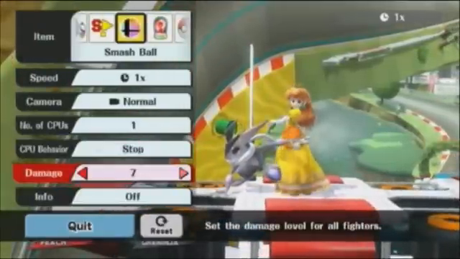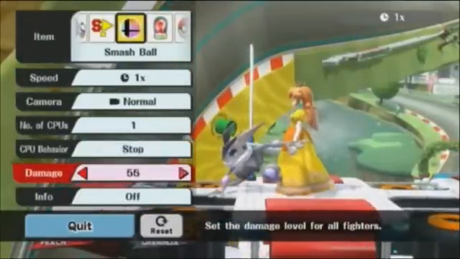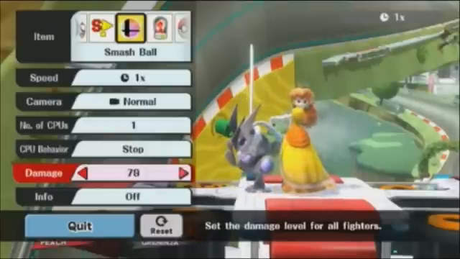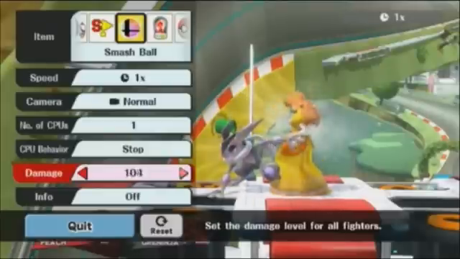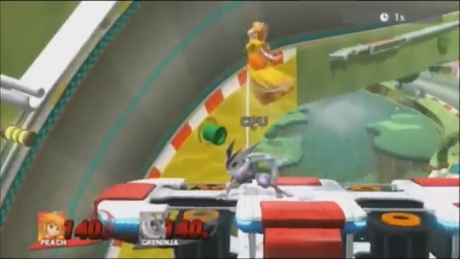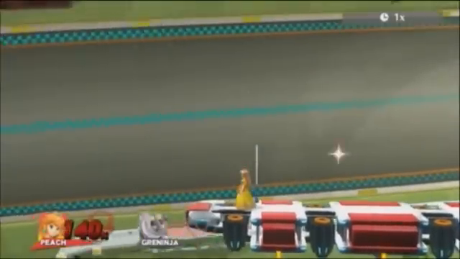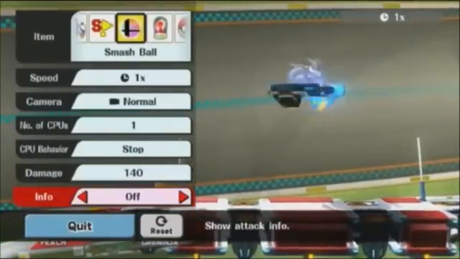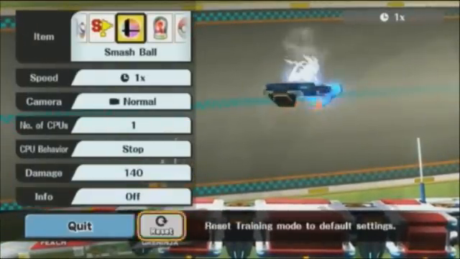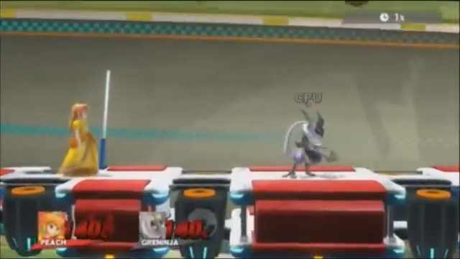Such as, I'll set him to like 130. Okay, 140 right here. This should kill him, and I'm in rage mode. But yeah, that move hurts. So there you go. That's a basic overview of